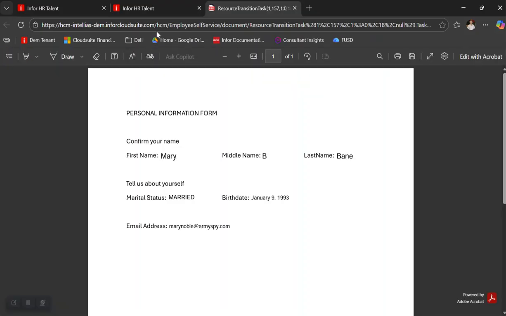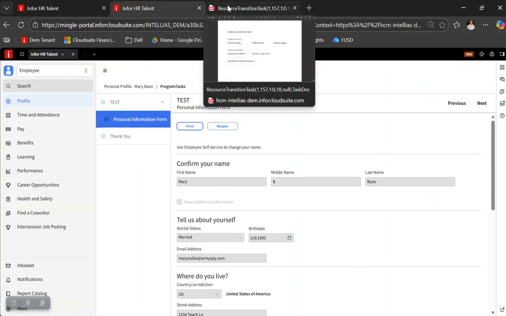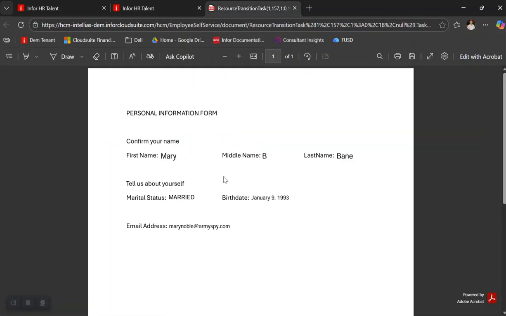And as you can see, the fields came right from the transition form to the PDF. Now this is just a mock-up test example. Obviously it'll look a lot cleaner in the real system, but if you have any questions on document templates or leveraging Adobe Acrobat or really